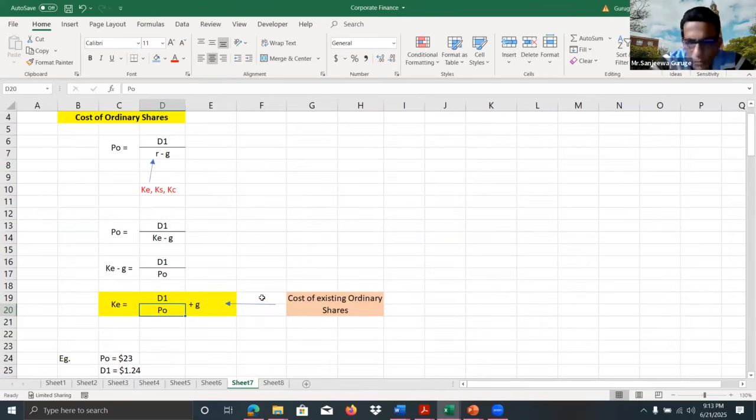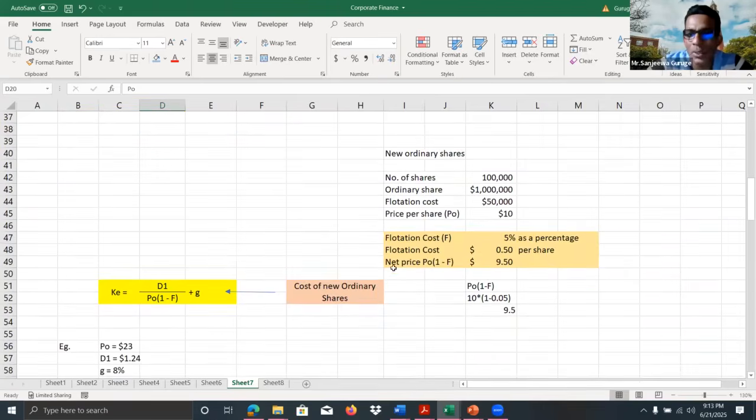I saw even in the study guide, these things are explained in detail, right? Stockbrokers, underwriting, advertising, prospectus, everything should be provided. So there will be a very high cost of issuing shares. This should be adjusted. I have used a simple example: to raise ordinary share capital of this much, if the issuing cost, the flotation cost, is this much, we can calculate the flotation cost as a percentage or as an amount, right?